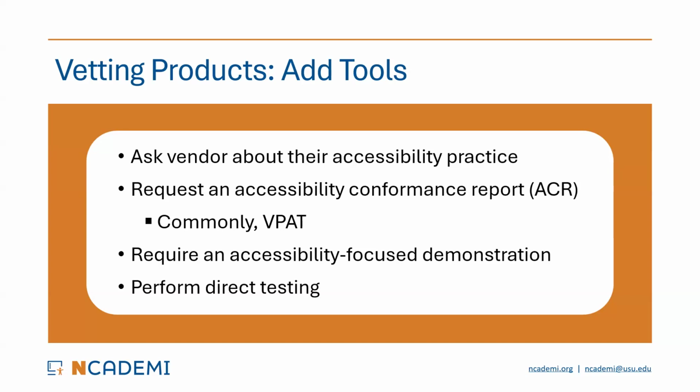Because even if the product currently looks really good, I want some insight and assurance that when they add new features, when maybe they redo pieces of it, I will feel more confident about that new stuff being accessible if I feel like the vendor is doing a pretty good job with accessibility in general. So I will ask maybe in the RFP for the vendor to speak to that a bit. I think, again, it's a good idea to mention stuff like that early on to set kind of high expectations for what the vendor needs to